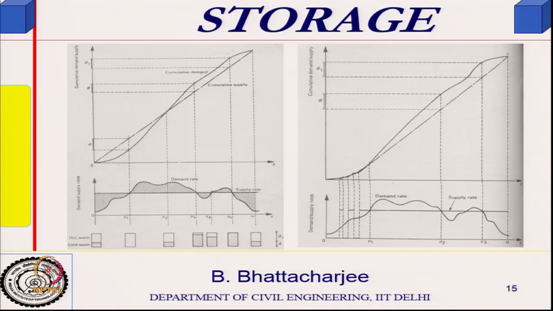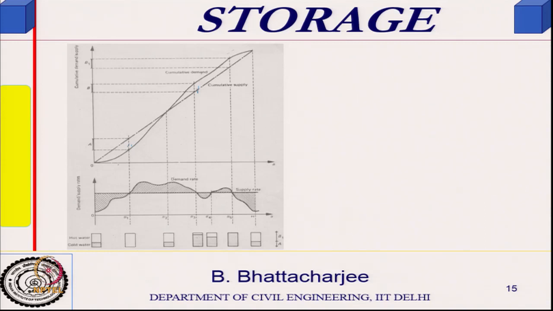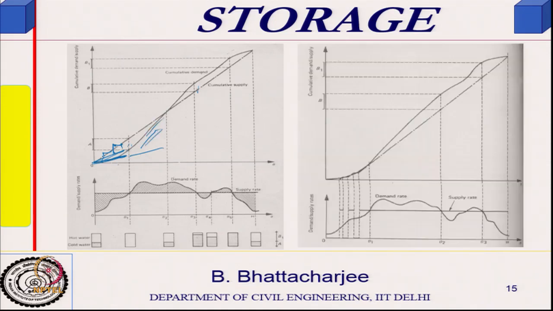So, what can I do? I can see that these gaps become minimal. How can I do it? Supposing I stop it here and then go possibly like this, to come, my demand is anyway finished. Initially I start at a rate like this, then stop. The rate has to be fixed; I cannot change the slope of this line. So maybe I go something like this, stop, then again start from somewhere there, go at the same slope and so on. This is what is shown in the next diagram.